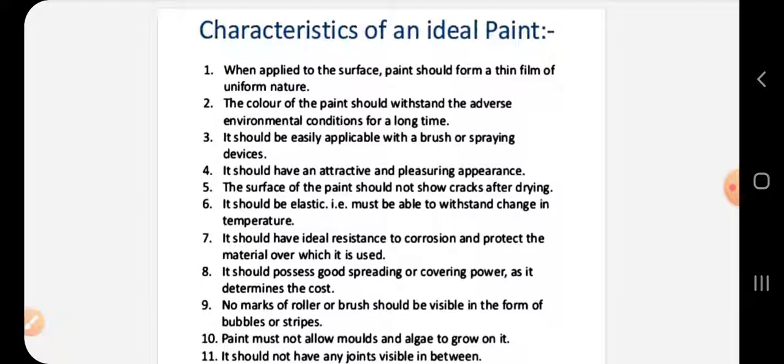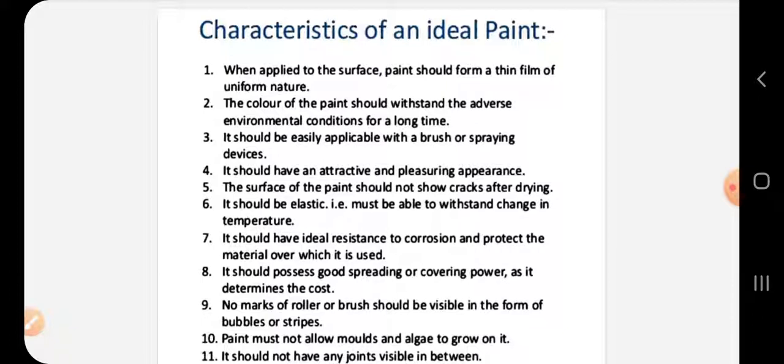Next, it should have ideal resistance to corrosion and protect the material over which it is used. And in cases like we saw when we have to paint an iron surface, oxide coatings are used before applying paint so as to avoid the rusting. So in those cases, some coating must be used.